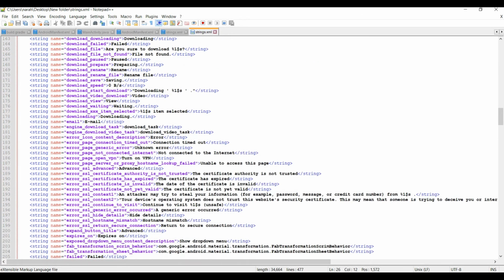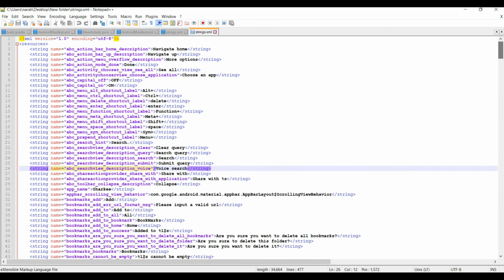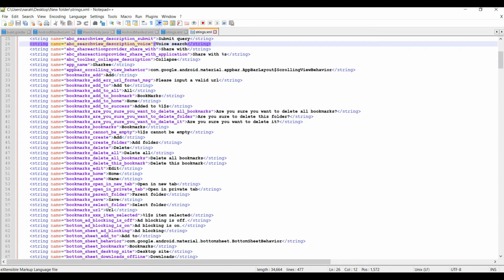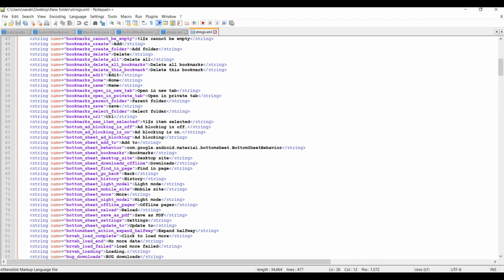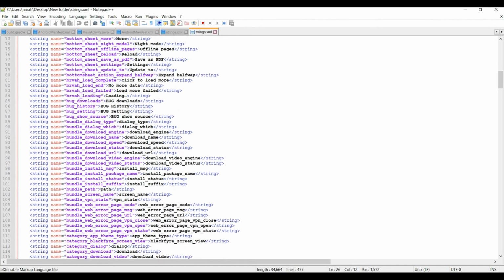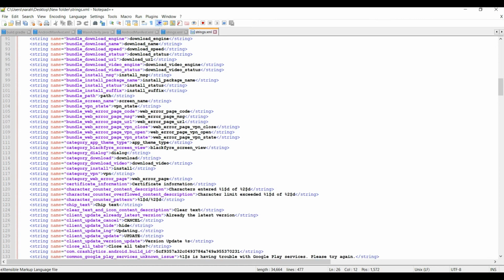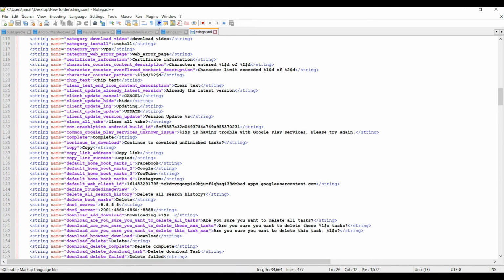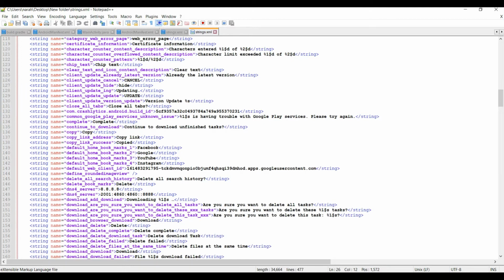So let me start from the first. I have analyzed this and found some important things here. See, some of the things they have directly encoded here.